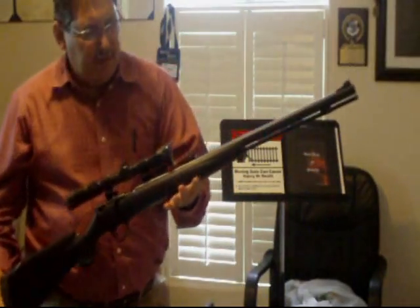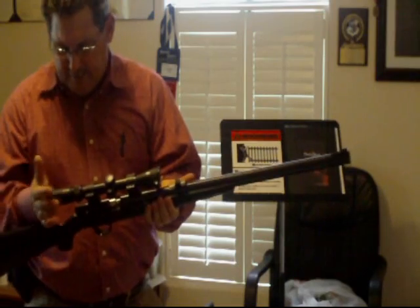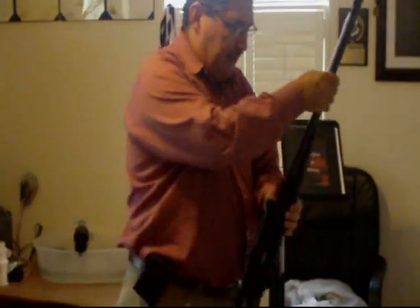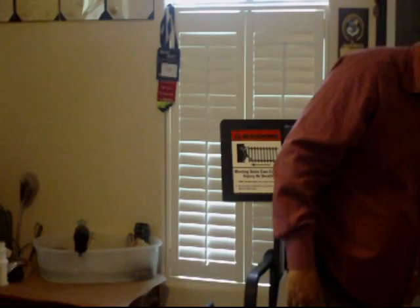And then I have a more modern inline muzzle loader. But again, same technology. I still have a scope here, but it's still black powder. So as long as you have lead or the means to cast your own bullets from lead, I think you'll be good to go. Now, what I think is probably the best caliber, if I had to choose one rifle and one pistol to go with,